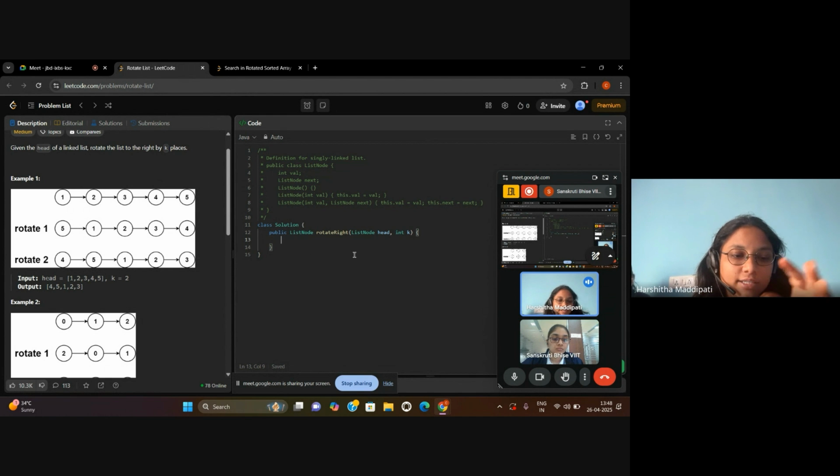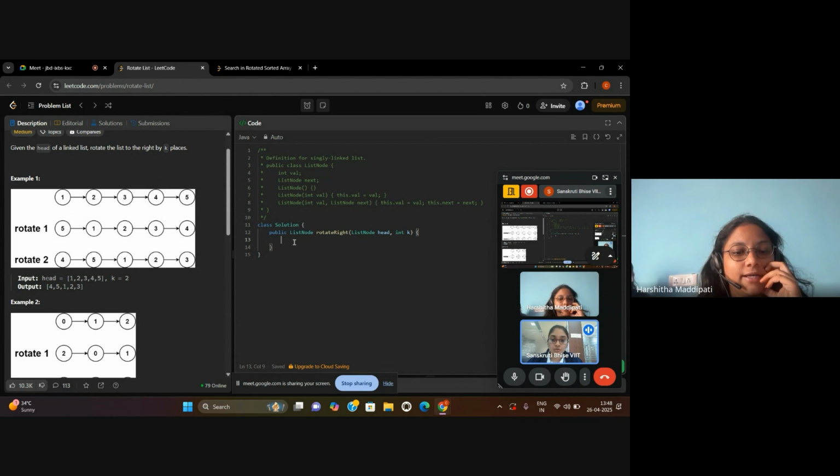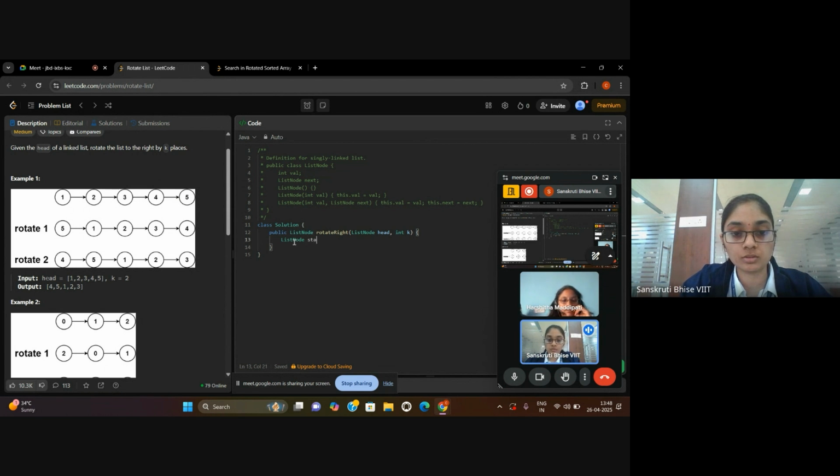So how would you return that? Will you store the reference somewhere and return the modified head? I can make a ListNode variable, new head, store the address of the four in it, and return that new head.